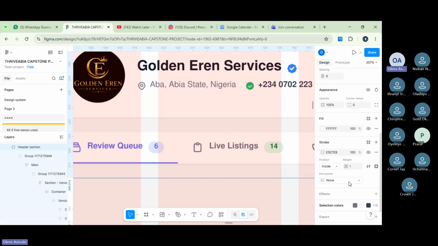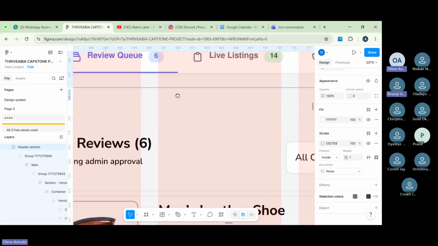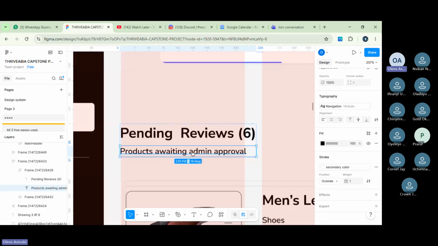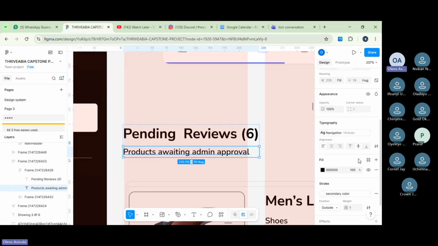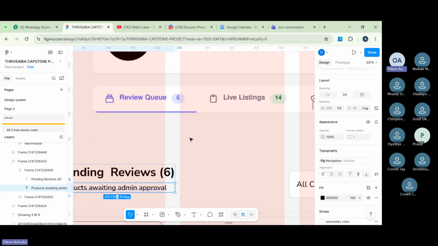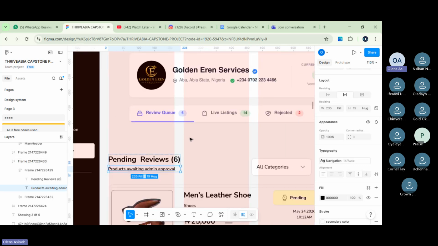But all the fonts you used here are not in our system. For instance, you see this one they used here for this admin approval. You see under typography, it's part of navigation. You see it's under navigation and text. So we have text styles and library. So please stick with the library that we have so that we have consistency.